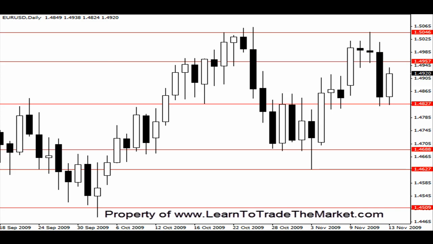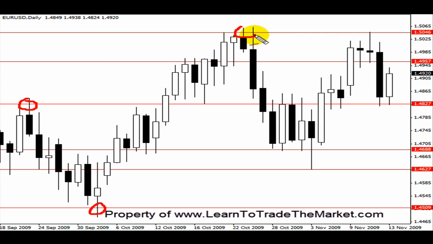So let's begin and have a look at the euro dollar on a daily chart. One of the things I do first is mark all the turning points or the swing points. They're the pointy parts that are very obvious. So I'll just circle them and show you where they are. We've got one there at 148.28. The market moves down to 145.09 or thereabouts. Market then has a strong rally all the way up to